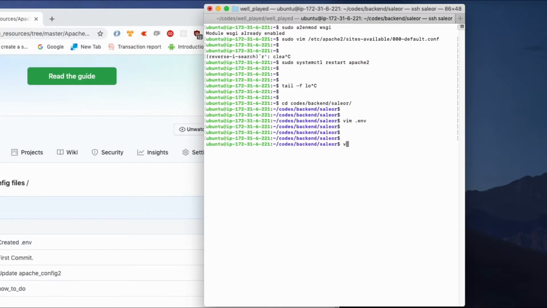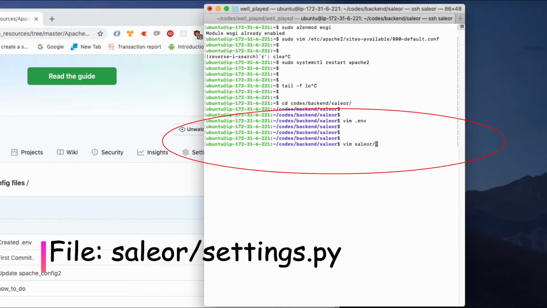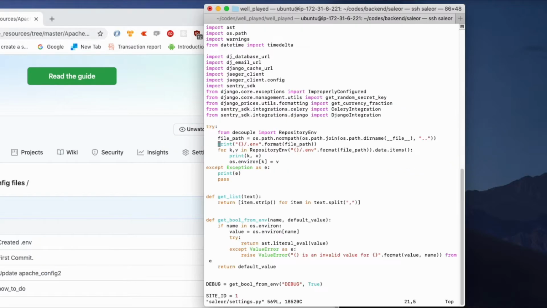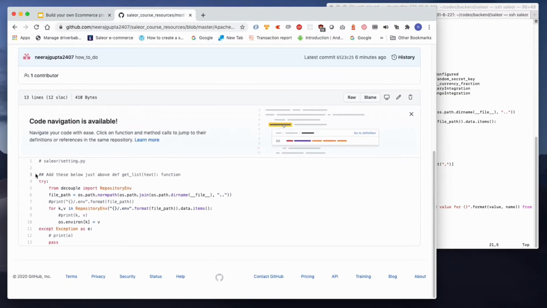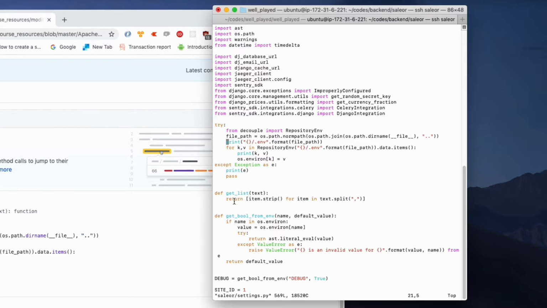After creating this file, I have made changes to Salient's settings.py file. Here I have added this particular small code. You will find it over here in the resource section. If I go and see modify settings file, I have added this small snippet just above this function.